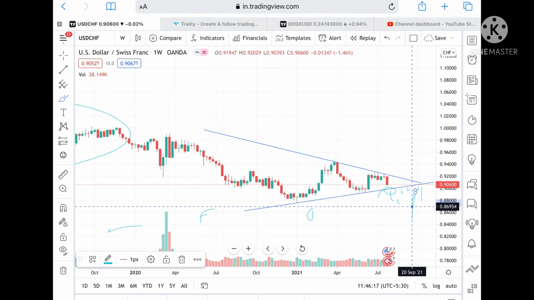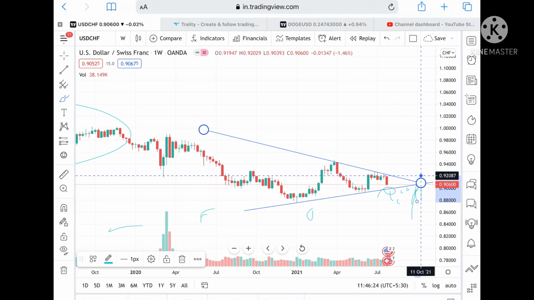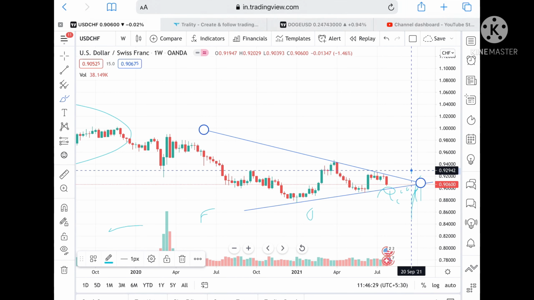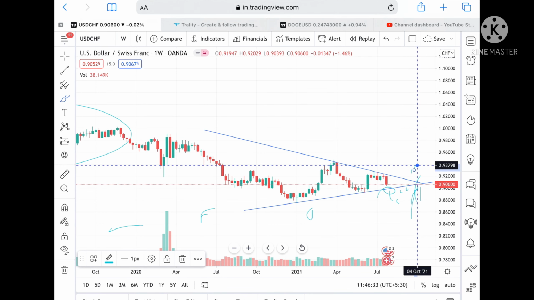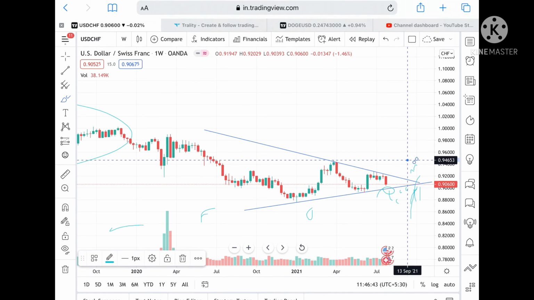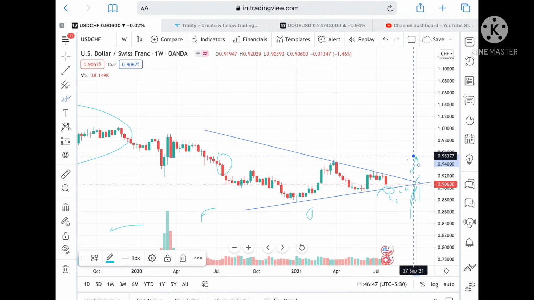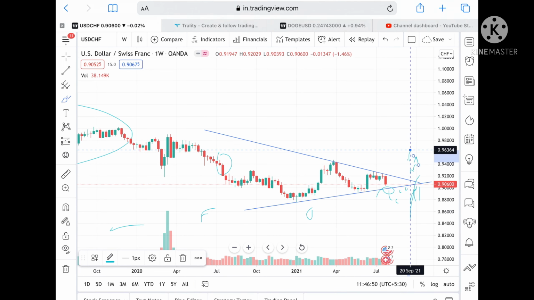Okay, suppose it goes above this level, above the trend line, means it goes above a level of 0.92087, it can touch a level of 0.92811, and from there we can see a level of 0.93798, and if it goes above that level, then we can see a level of 0.94785. Once this level is touched, and this is tested twice already, chances will be very high that it can touch a level of 0.95377, and from there a level of 0.96298. Okay, and it can go further high.